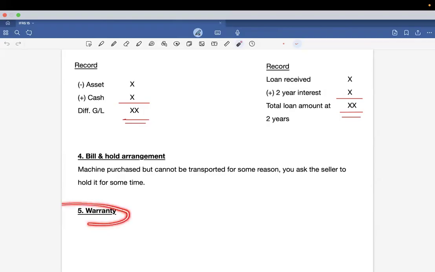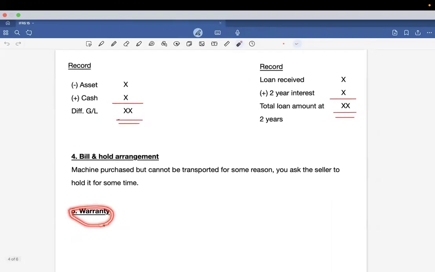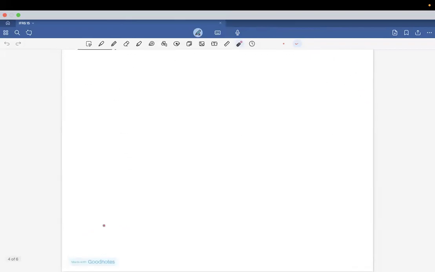And the fifth one is warranty. Warranty arrangements, which we have already discussed in IAS 37. Clear? So that's it. The IFRS 15 is done. What I want you to do is